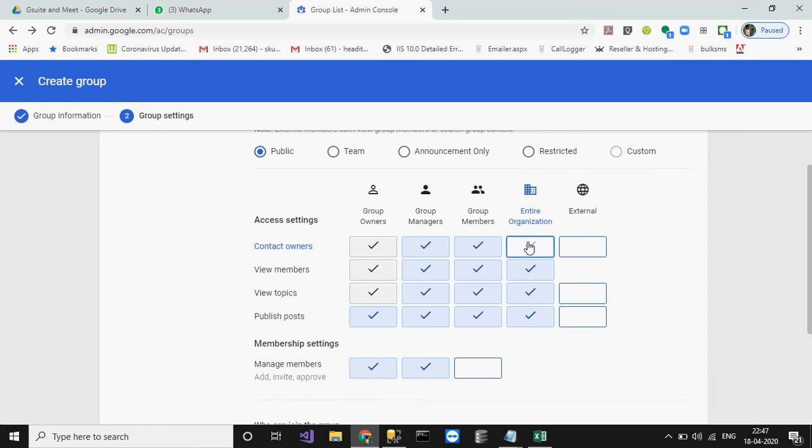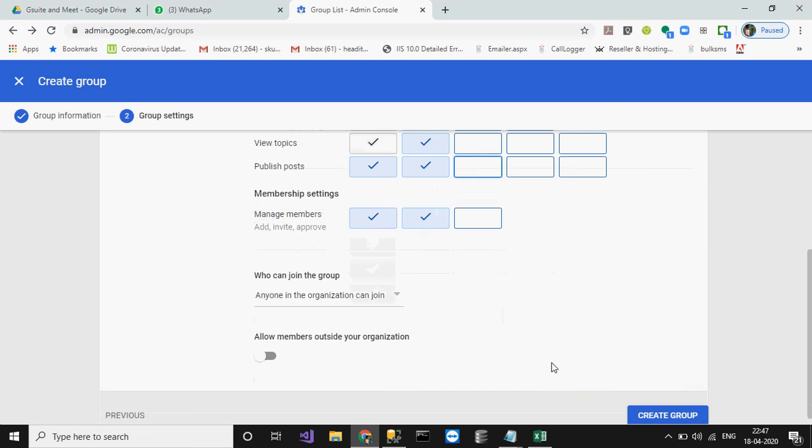So entire organization you can remove, group member you can remove. It's very important. If you keep the group member with publish post and view topic, then students will post emails, and there is a possibility of spamming. So be sure, give group owners all rights here, group managers all rights here.